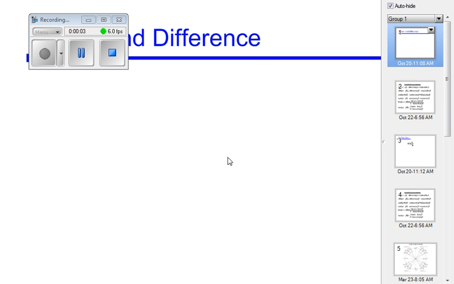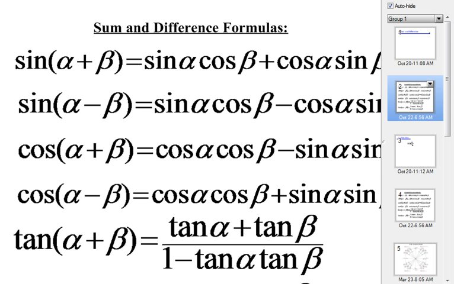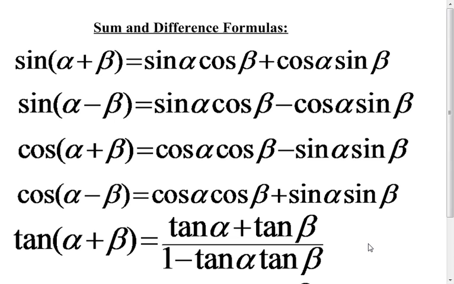All right, we are moving on to a new topic today. We are going to look at sum and difference properties when we're dealing with trig functions. The sum and difference properties you have at the top of your note sheet, but you also have them here on your master formula sheet. I know they look a little bit scary,